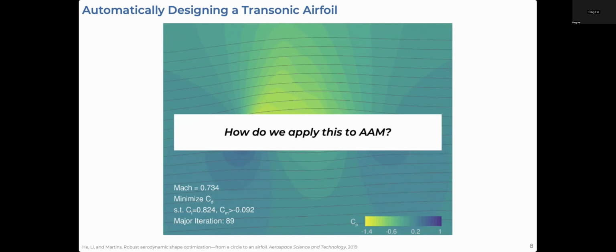Now the question for us is, how do we apply this sort of optimization to advanced air mobility? To do this, we start with OpenMDAO. OpenMDAO is a modular framework for gradient-based optimization with coupled models. You can add, subtract, and change components that interface with each other, and you can plug them all into this framework. On top of OpenMDAO, we've developed a toolkit called MPhys, and MPhys is a standardized multi-physics library for design